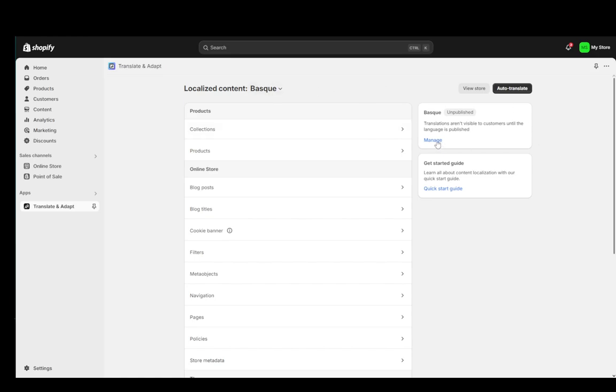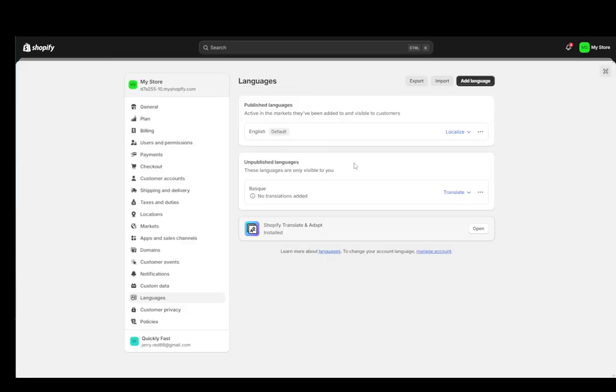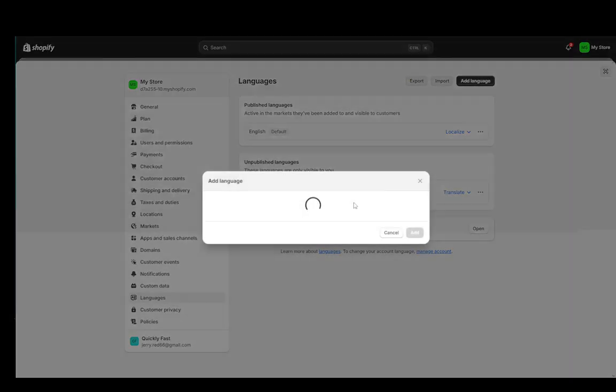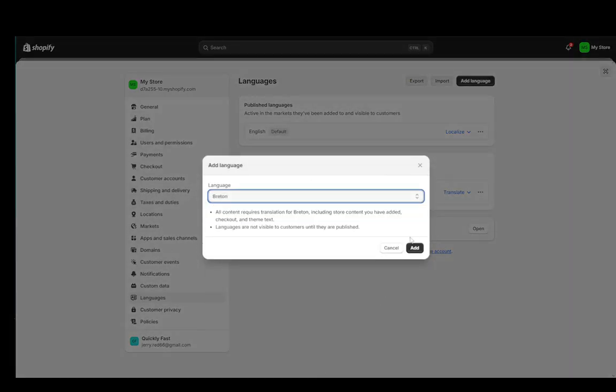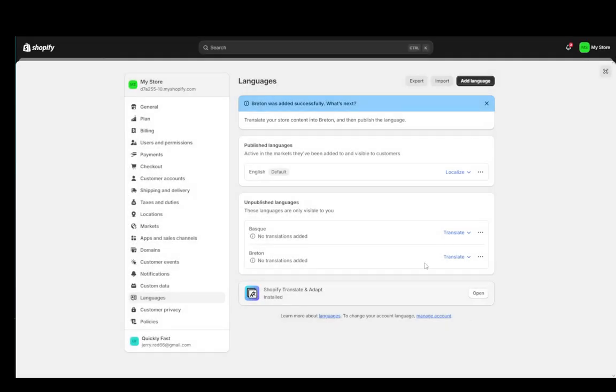You can select the language over here. As you can see, currently it is Basque, and I didn't publish it yet, but you can publish it very easily. You can then go into manage, and then you can add another language if you wanted to. For example, just click add language over here, select this, for example, Breton, click add, and now that has been